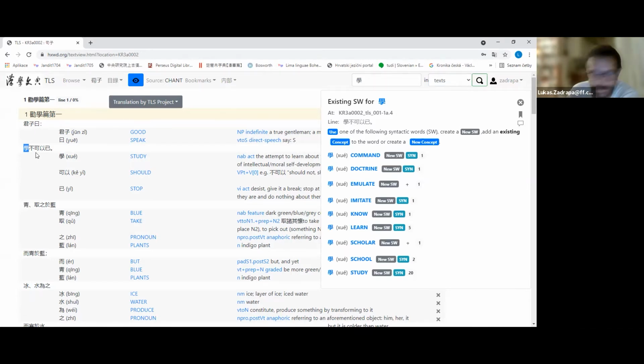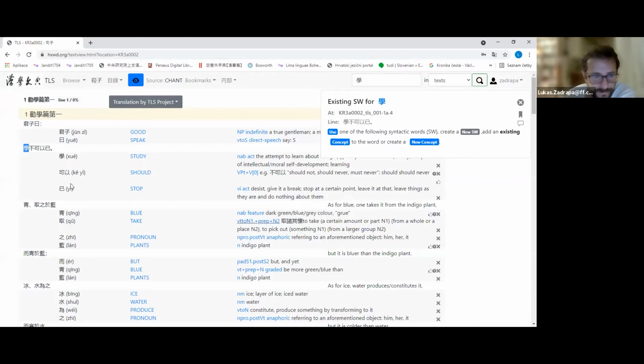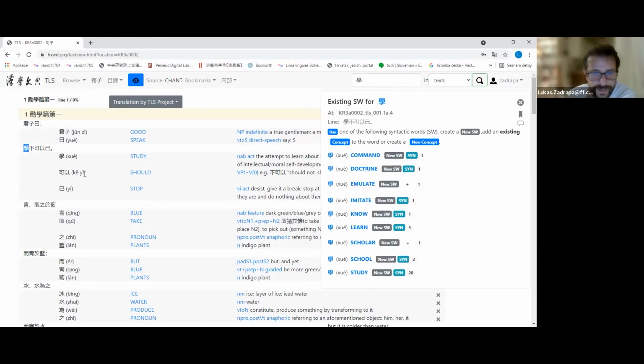So it is underspecified, but one has to decide first what kind of thing it is, whether it is a verb or a noun, because this system of TLS knows only verbs and nouns very basically, and then you can see that here I decided to take it as